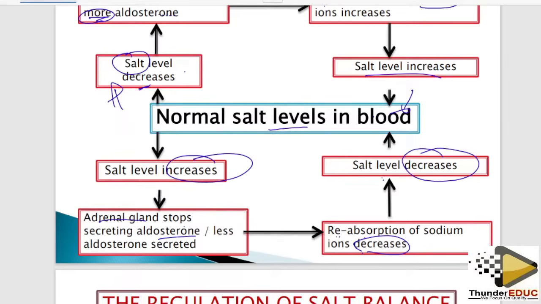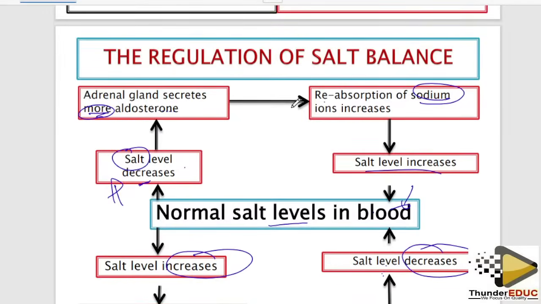Now, this aldosterone, aldo, which means salt, salt, aldo, just for you to remember. It's just for you to remember. It's not a big deal. Yes, this aldosterone